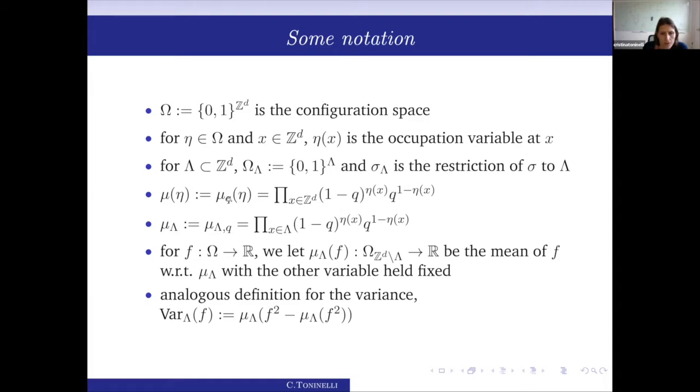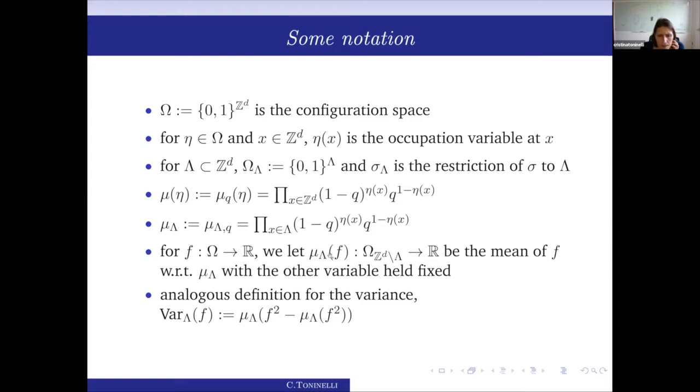I usually drop the index q because it's too much, and you will see that all these scalings depend on q, which is the parameter which defines this law and defines the dynamics. Same with the index lambda when we are restricting to a finite volume lambda. And the only thing to which I want to draw your attention is that sometimes even for functions that are defined in the whole configuration space, say in Z^d,